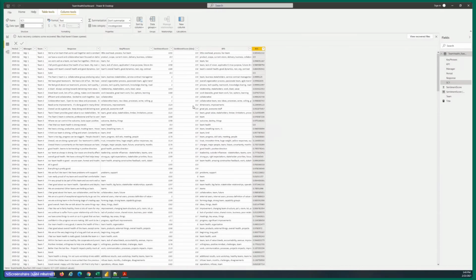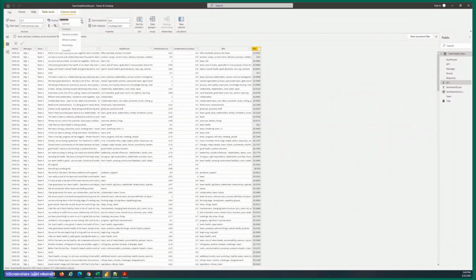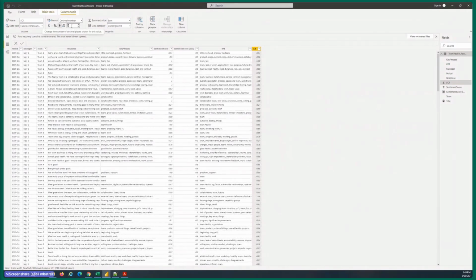Let's click OK for the data type change. And it's not a currency, it is a decimal number. And we want the precision to be at 2. So by default, it has set it to 2. So that's great. And there you go. You now have your key phrases and your sentiment scores extracted and rounded off for use.